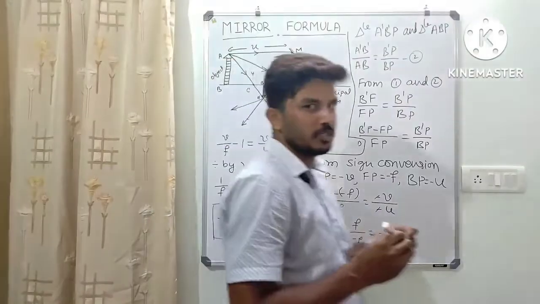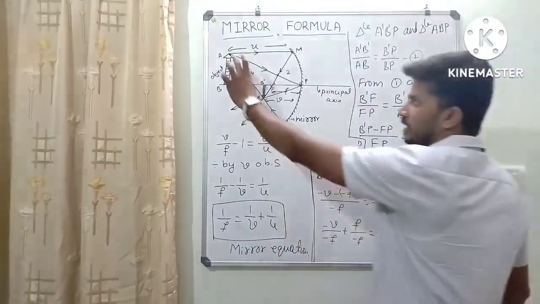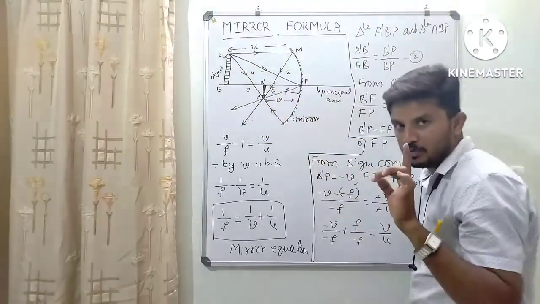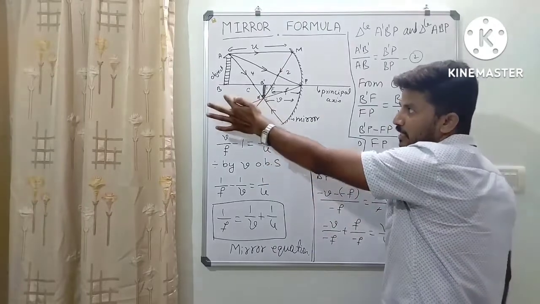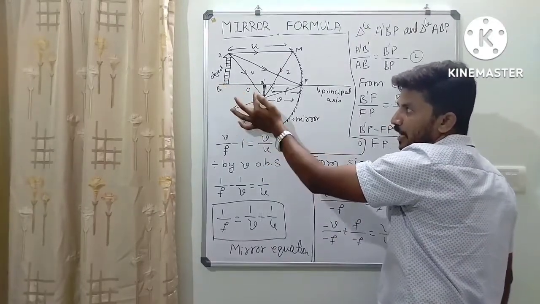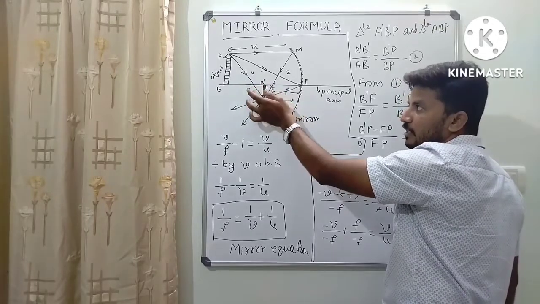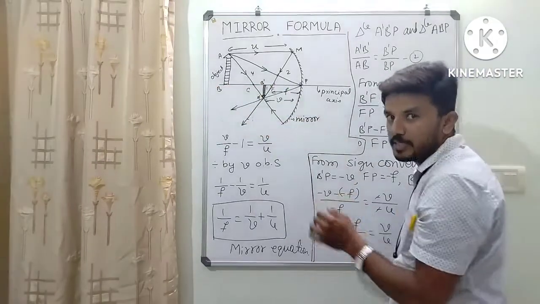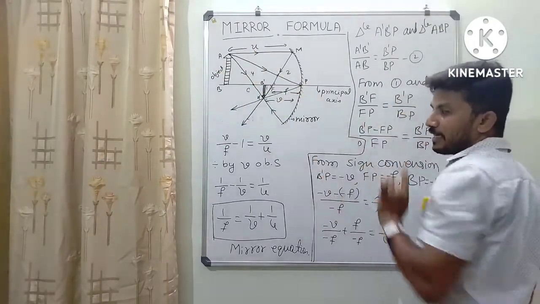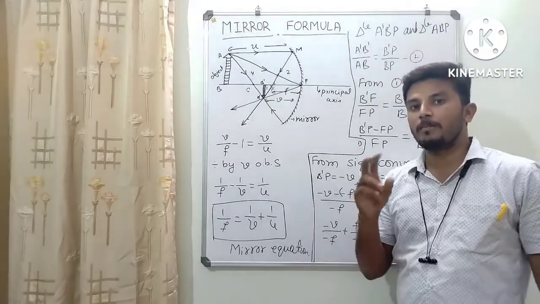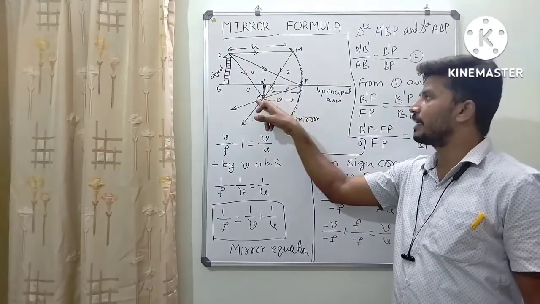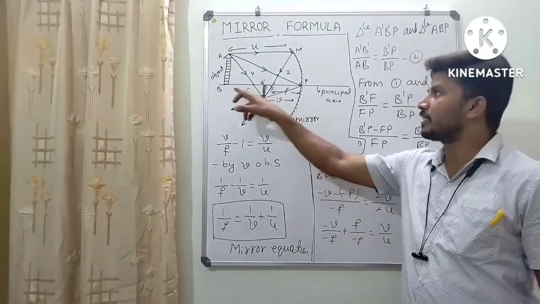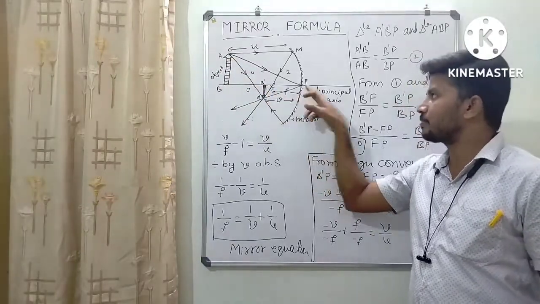Dear students, hope you have understood this. First we considered the object here, and because of that the image is formed here. One thing to remember: here I have considered the object behind C. I am not keeping the object on C, or between C and F, or between F and P. Here I am keeping the object behind C, then three light rays. After that you have to consider the pair of triangles. One is A dash B dash F and F M P. Then we consider triangles A B P and A dash B dash P.